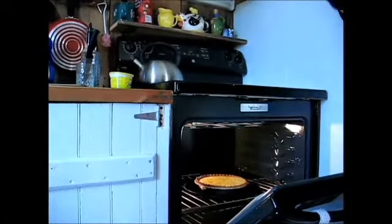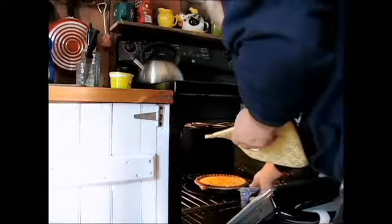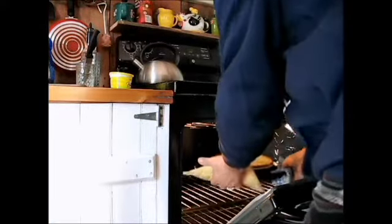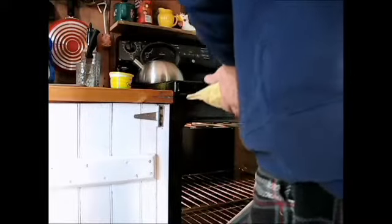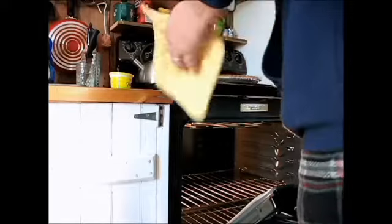It's going to be a little liquidy when I first take it out, so I'm going to be really careful when I pull it out not to spill it or mess it up. And I'm just going to sit it right up on top of the stove and let it sit there. See, it's kind of wettish right now, but as it cools down, the texture will get a lot firmer. We'll just put it right here,